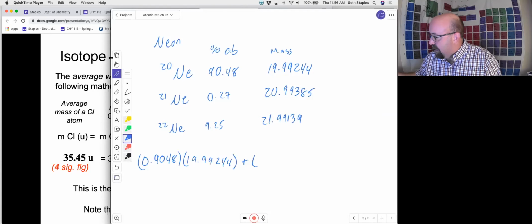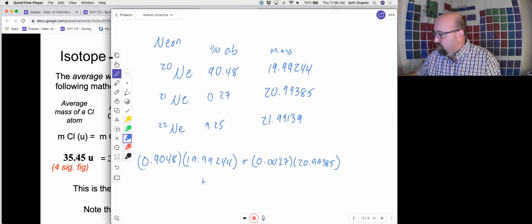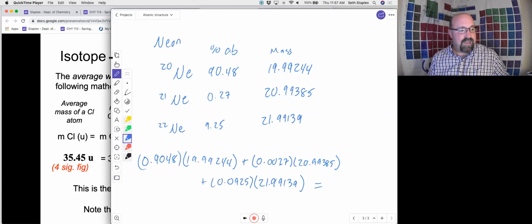Then we're going to add that to the same thing for neon 21. We'll divide our 0.27 by 100, multiply that, and then our final factor for neon 22, times the mass of neon 22. Then we put this all into a calculator and we add it up, and we get